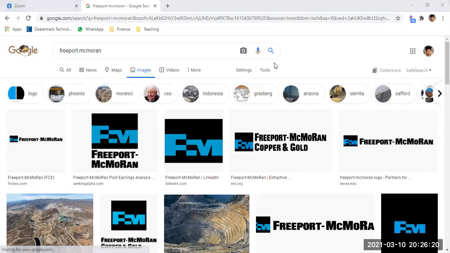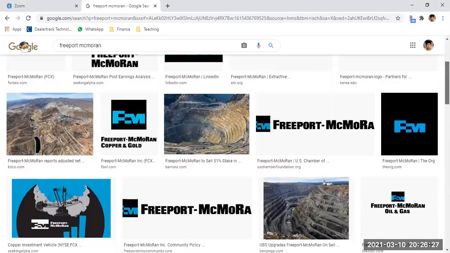Yes, it has so much gold. So much gold. Okay, now let me show you one place in Indonesia where the American company Freeport-McMoRan took the gold